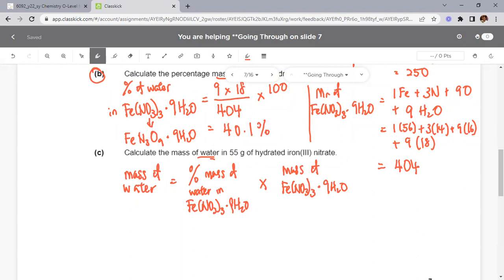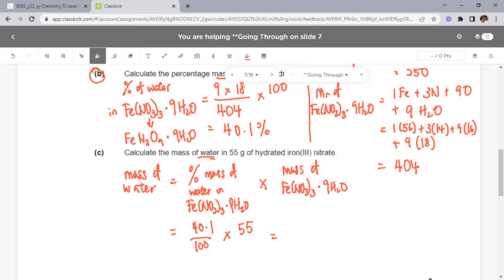So you take the percentage mass multiplied by the mass. I say again, you take the percentage mass of water multiplied by the mass of the substance itself. You're going to get the answer. So it will be 40.1 over 100 because this is a percentage, so 40.1 divided by 100 times 55. You're going to get to your final answer, which will be,